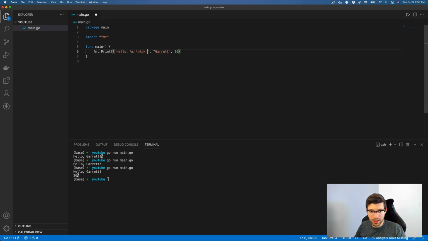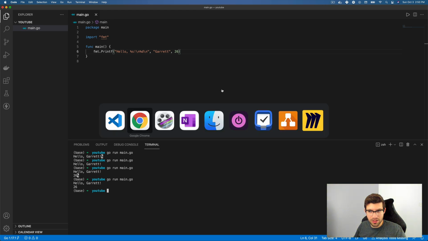I don't know. Looks like D for digit's correct. I would have said I for integer. Yeah, so D for digit. Now, the other thing that we can do here, and by the way, this page here, where do I want